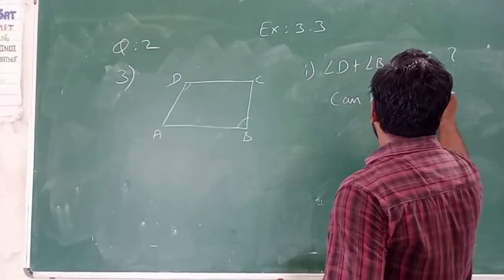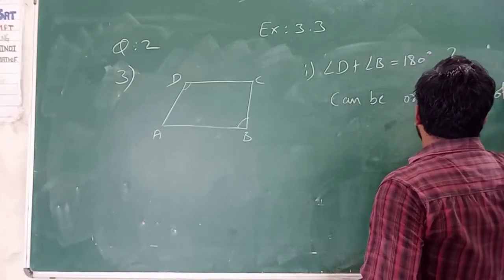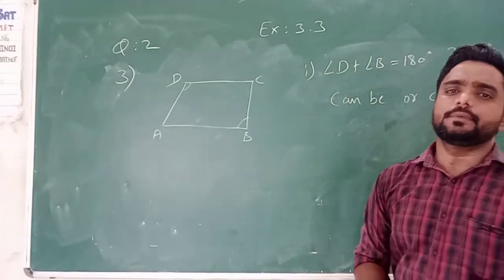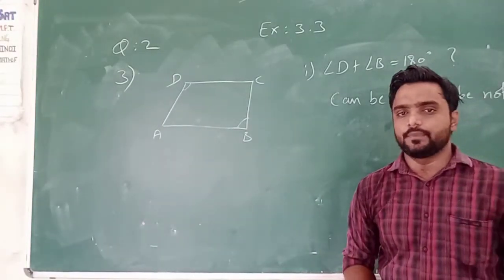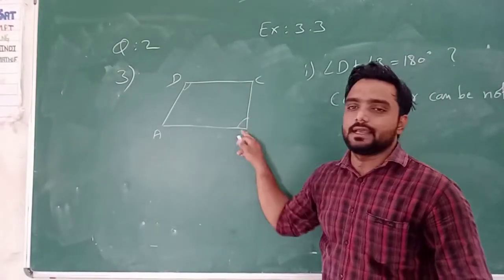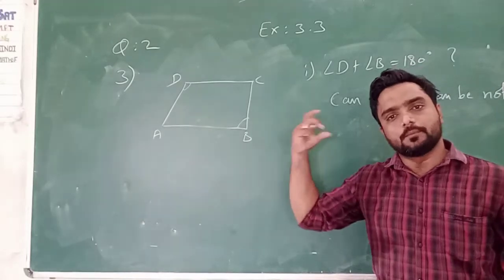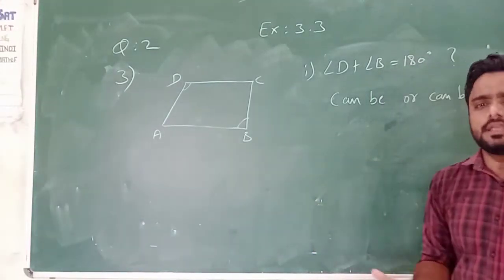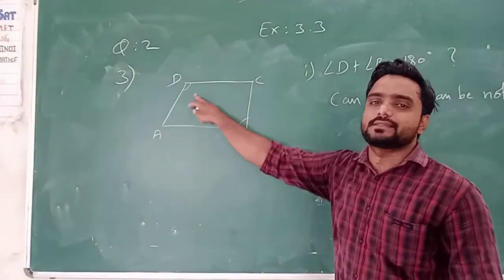or can be not. Okay, possible भी है means opposite angles का summation 180 degree और नहीं भी है. Okay, so may be possible that is the summation of vertical opposite angles is 180 degree. Okay, तो ये parallelogram हो भी सकता है या फिर नहीं भी हो सकता. Okay, means parallelogram के opposite angles equal measure के रहेंगे.